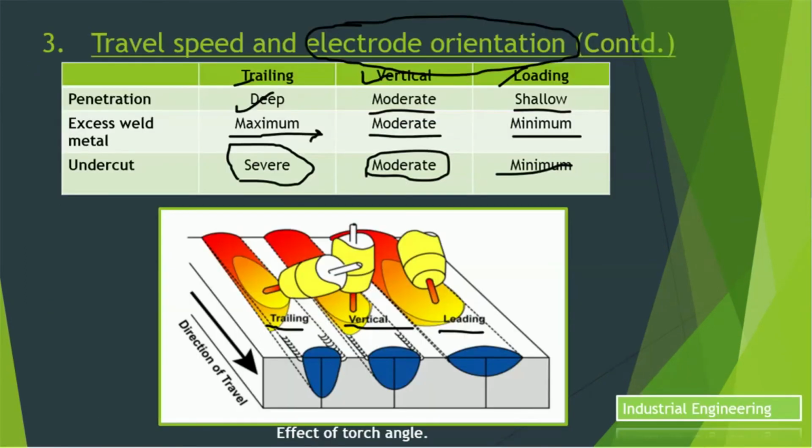So friends, I hope you are now clear with the variables which affect the MIG welding process. If you have any doubt, you can ask me in the comment section. I will answer them. In my next video, we will learn about shielding gas mixtures used for welding base material and duty cycle of welding power sources.